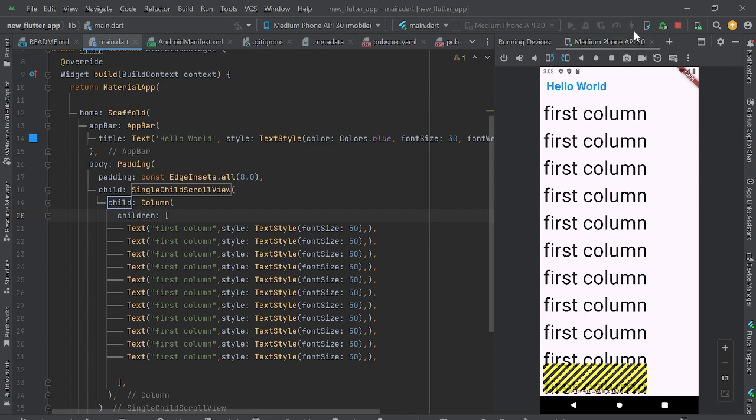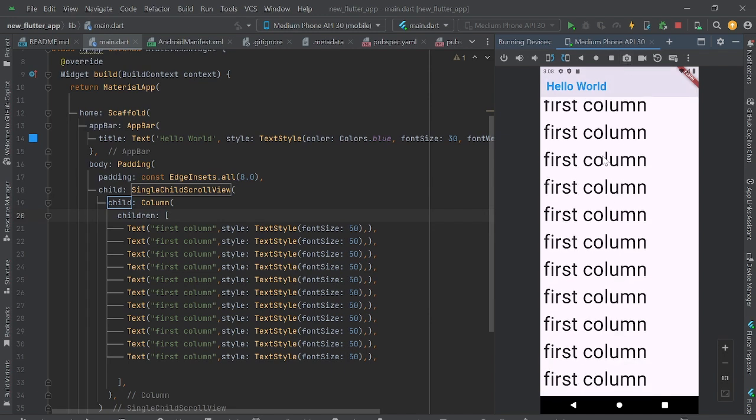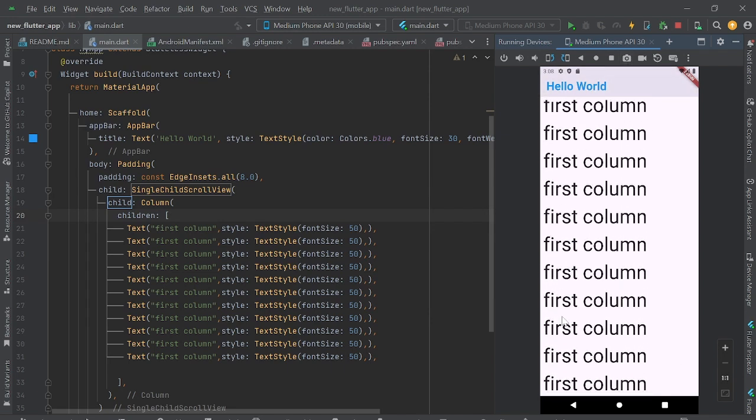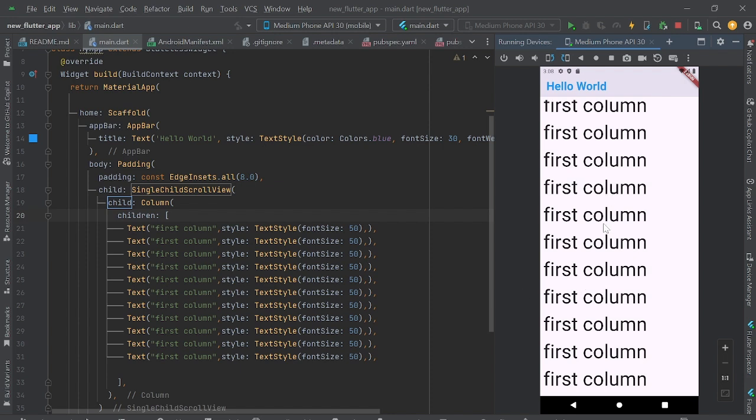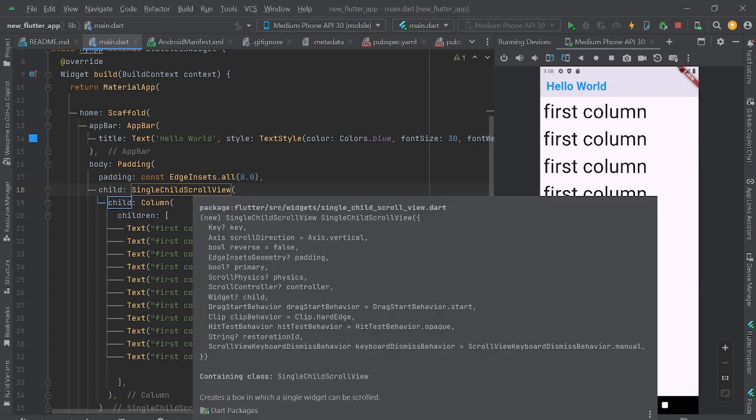जैसे ही हमने अपने कॉलम वाले विजेट को रैप कर दिया सिंगल चाइल्ड स्क्रॉल व्यू से, अब क्या होगा, हम इसको स्क्रॉल कर सकते हैं अपने कॉलम्स को, जैसे लाइक दिस। देखो स्क्रॉल वाला फीचर हमारा आ गया यहाँ पे। ठीक है, तो ये काफी गंदा सा दिख रहा है। आई गेस सभी को समझ आ गया होगा सिंगल चाइल्ड स्क्रॉल व्यू हम क्यों यूज कर रहे हैं। ये हमारा यूजफुल होता है फॉर डिस्प्लेइंग लॉन्ग टेक्स्ट फॉर्म्स और लिस्ट दैट माइट नॉट फिट विदिन द अवेलेबल स्क्रीन स्पेस, है ना। उसके बाद हम स्क्रॉल डायरेक्शन को भी सेट कर सकते हैं, उसको हम लोग बाद में देखेंगे। देखो अगेन यहाँ पे जैसे हम होवर करते हैं ना, उस विजेट के बारे में सारा कुछ लिख के आ जाता है। सो इट इज इजी टू एक्सप्लोर अबाउट व्हाट इज गोइंग ऑन।